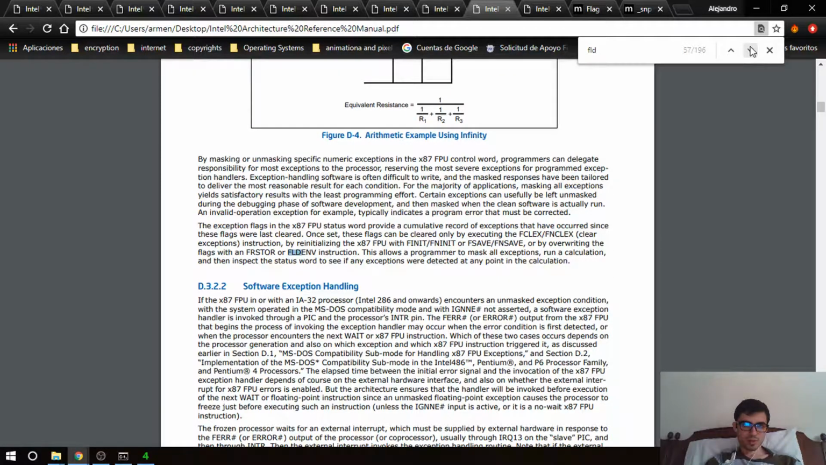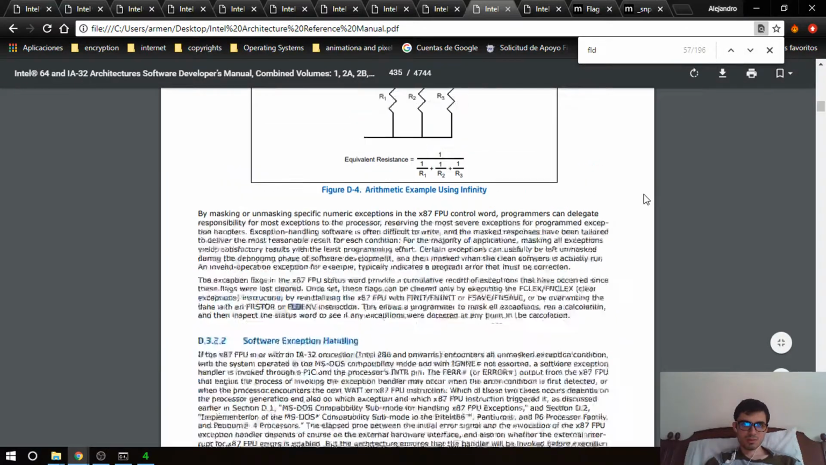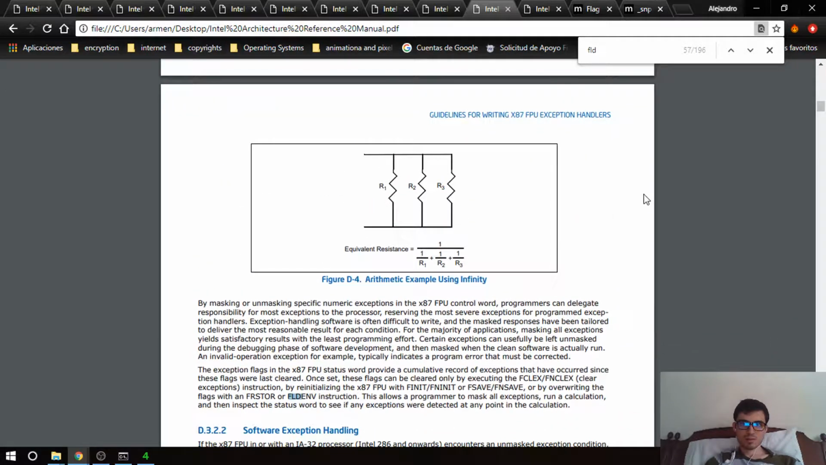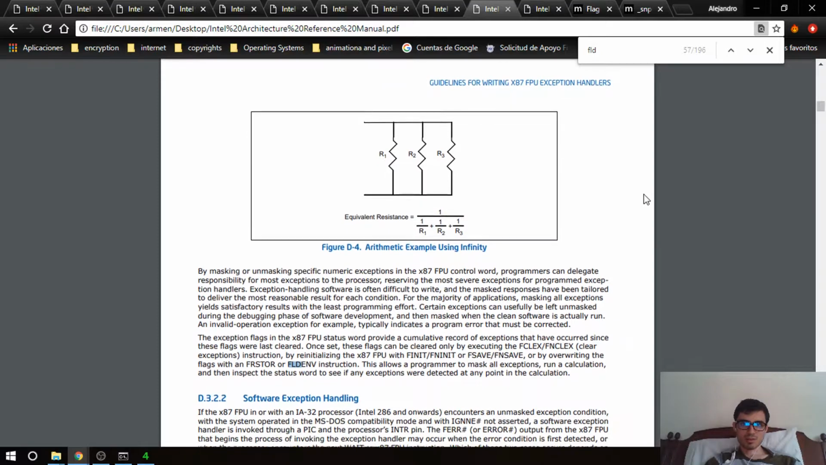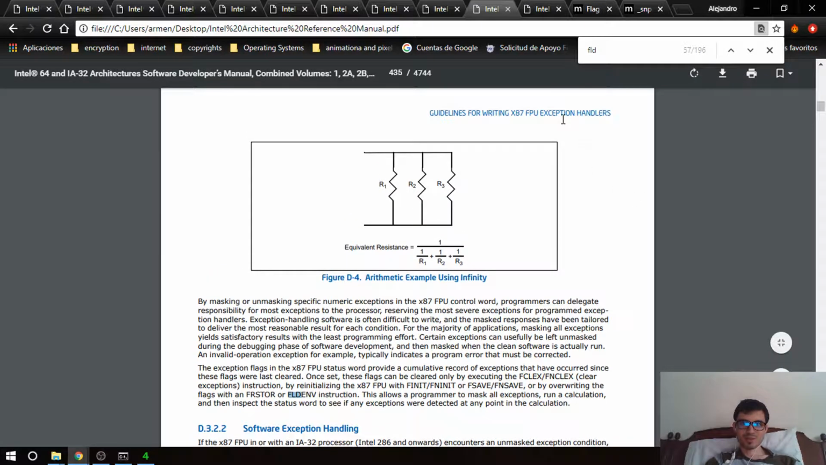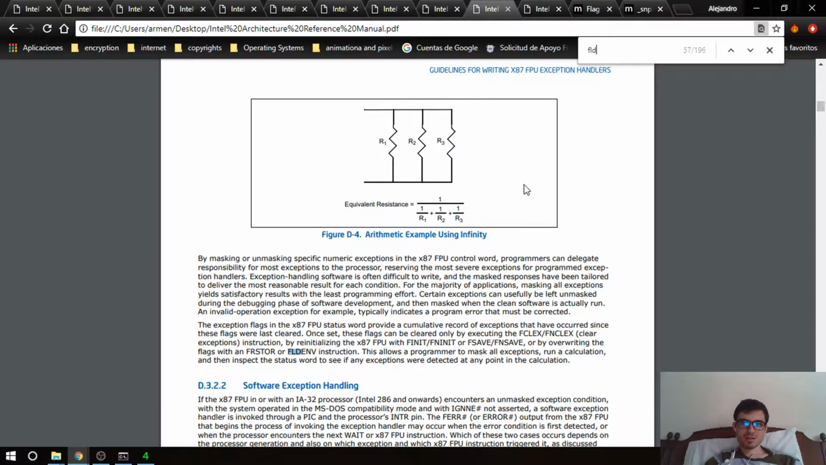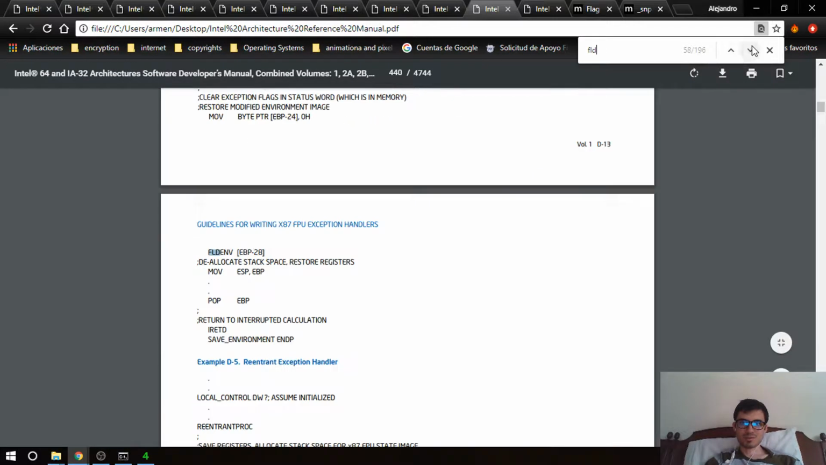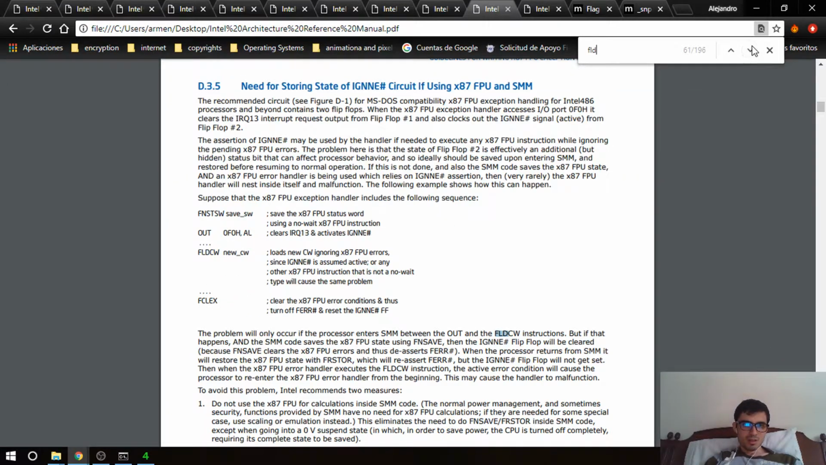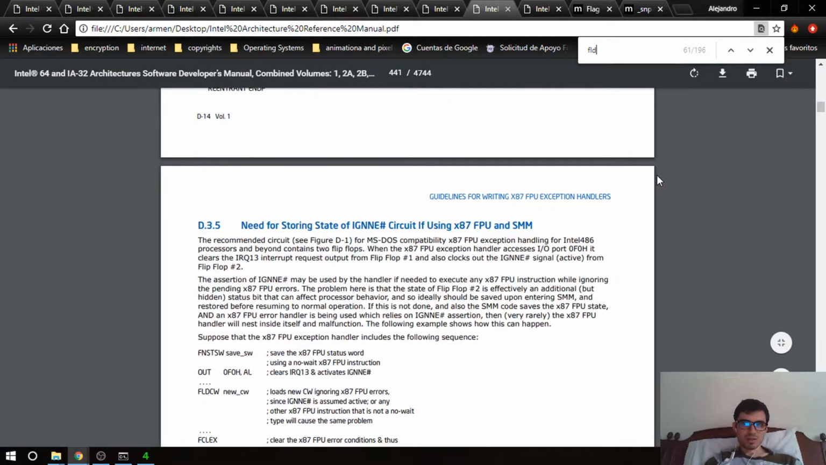Float environment instruction. Where am I? Okay, we are on the guidelines for an FPU exception. Okay, that's good. We don't care about that. And if we're storing state,